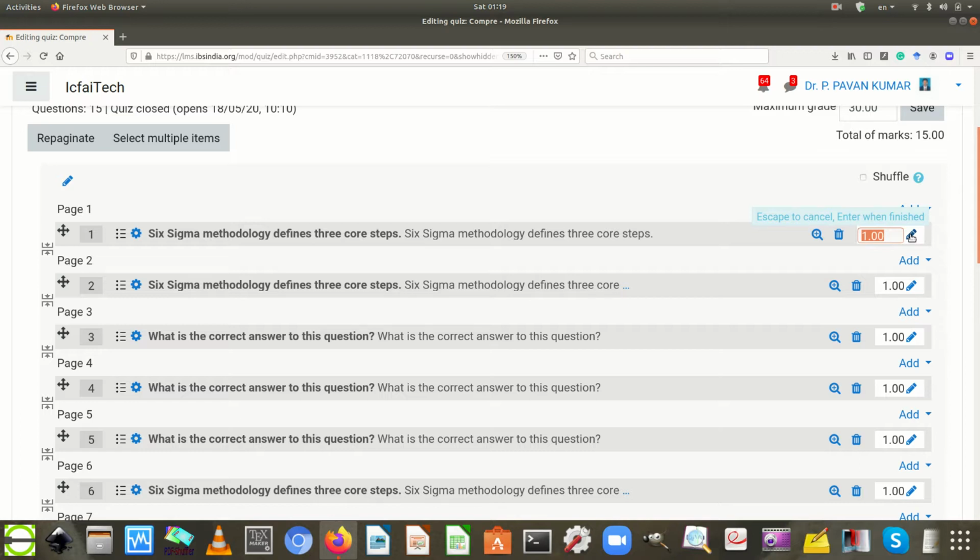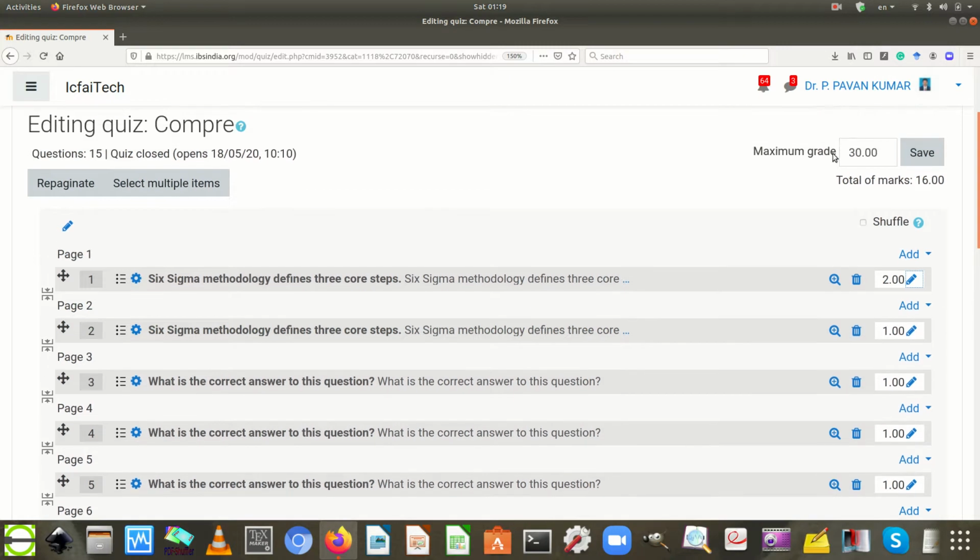Make the weightage as 2 instead of 1. Then immediately when you select the enter button on your keypad, automatically you can observe the change in the total of the marks from 15 to 16, and the maximum grade marks won't be changed.